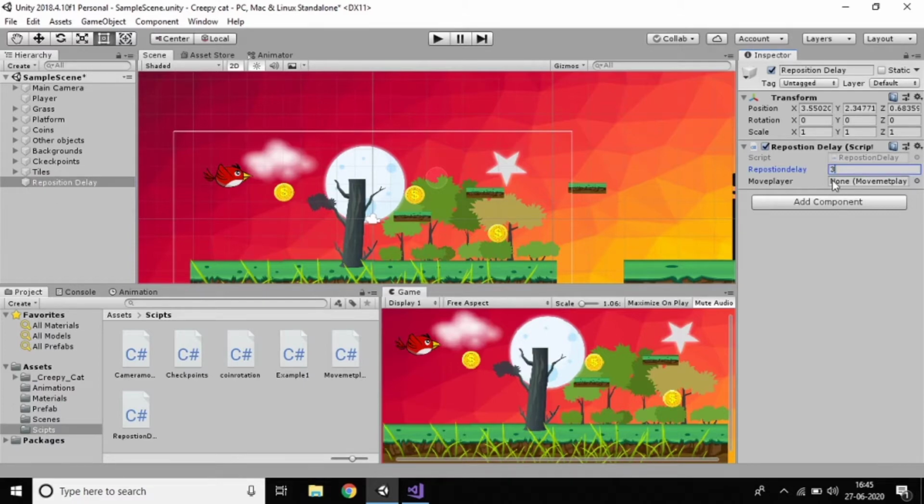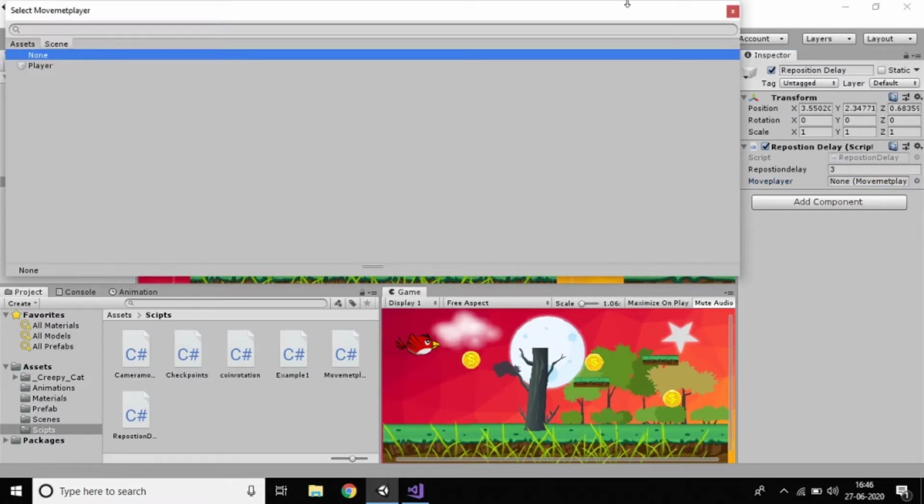And you can see MovePlayer, that means we need to add this player, and we need to drag and drop, right? If you want to develop big games, at that time we may forget to add the player objects or scripts, anything, definitely we'll make small mistakes. So in that case, we can do it like this also.